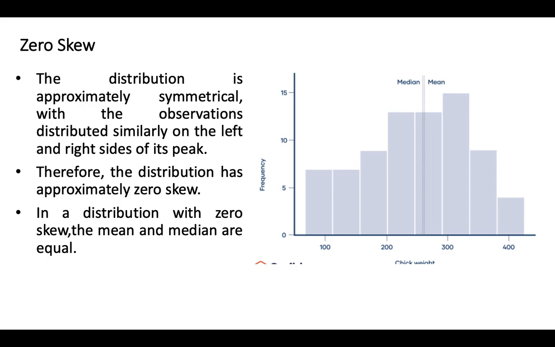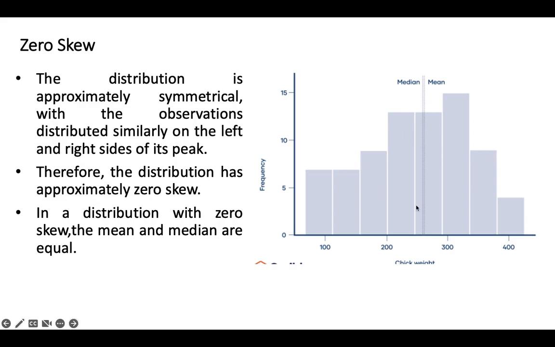Now the big thing here is how you can tell that this is zero skewed data: when the mean and median of your data are similar. Like in this particular example, the mean and median of the data are, if not the same, then similar. They may not be exactly the same values, but they are close to each other. So that shows that